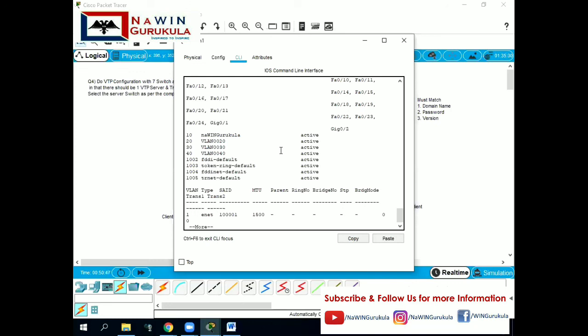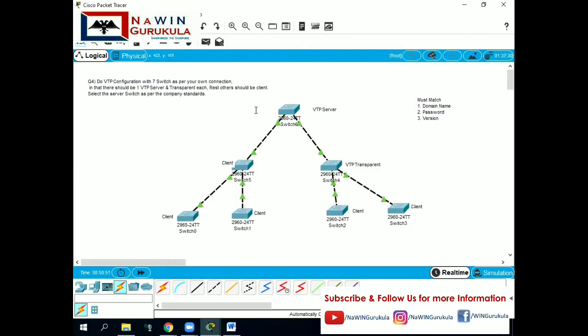In this case, for this question, initially we did the trunking between the switch ports. Then we created the VTP server, client and transparent modes by setting the domain name, password, version, and defining the type of modes.